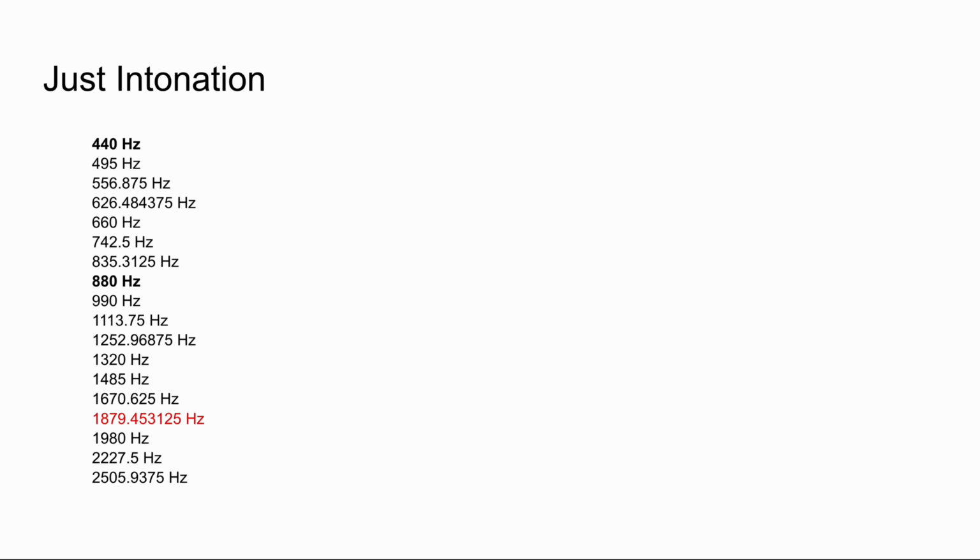You can see two problems here. First, this process never stops. We will always be adding new notes. Second, each new note added will produce a more complicated interval when combined with 440 Hz. For example, to get to the 1879.453125 Hz, we had to multiply 440 Hz by 3 7 times and divide by 2 9 times. That means that the ratio between these two notes is a whopping 2187 to 512.